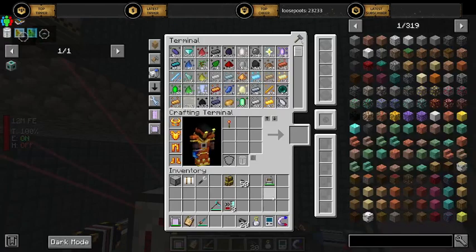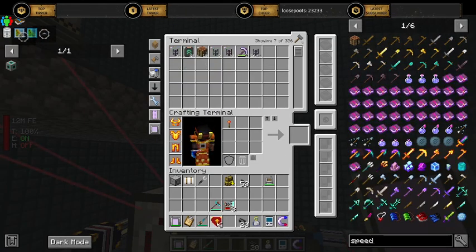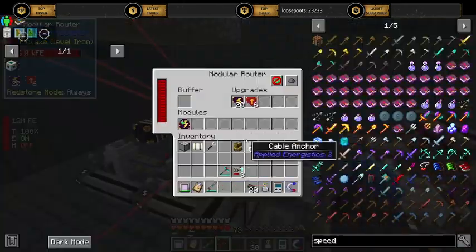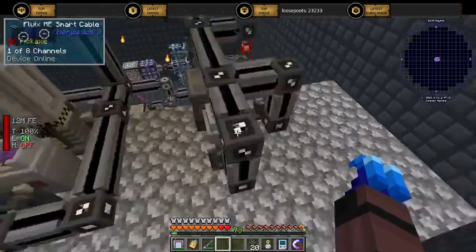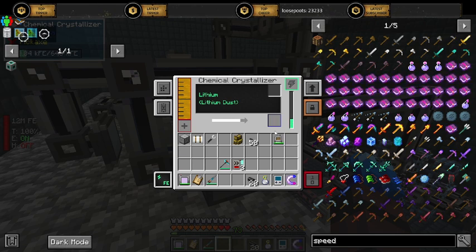There we go. And speed upgrades. Oh yeah. Perfectly balanced. The energy's just bouncing a little bit, and I'm like, oh yeah, it's gaining slightly, which means we're